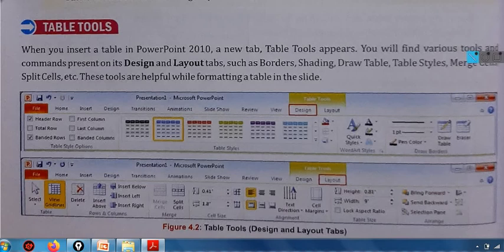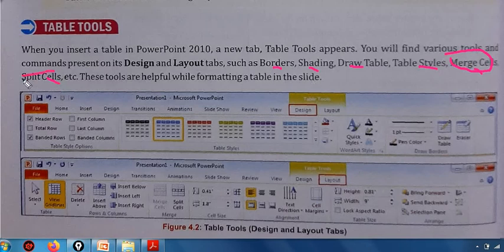So merge cell, all these options we have seen there. Border option, shading, draw table, table style, merge cell, split cell, all these options were there. Merge cell means joining of two cells, right? Two boxes can be joined together in a table. And split cell, if you want to divide a single cell into two units.